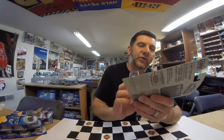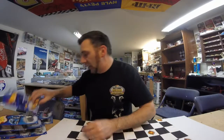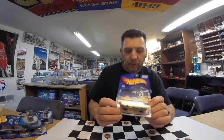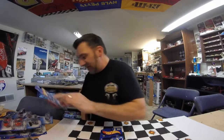No, this isn't a first edition. This is also a set car from 2002, which is neat. What do they call this one again? The Shredder, or Shredster. Which, if you look at this car, he sent, where'd that go? He sent this right here,